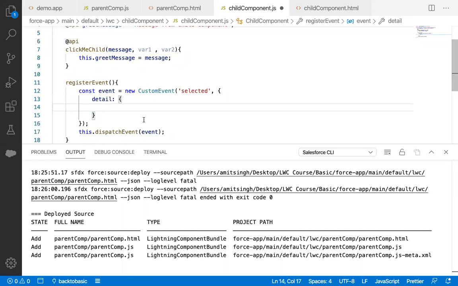So suppose that we are trying to pass the message itself. What we will say here is, it is a JSON object, if you have noticed. A JSON object always contains key and value pairs. So let's say that we are trying to pass messages here. So what we can see here is,